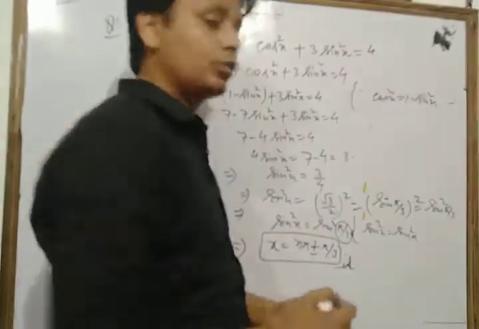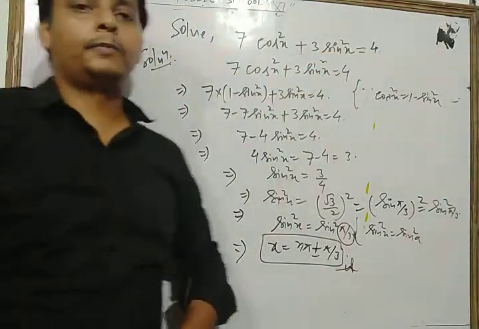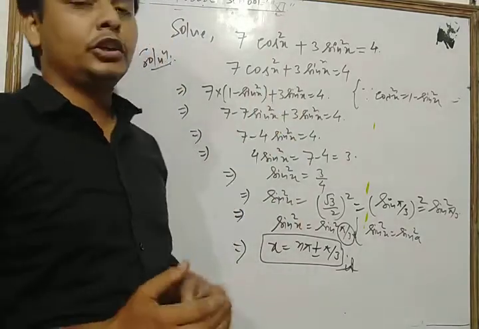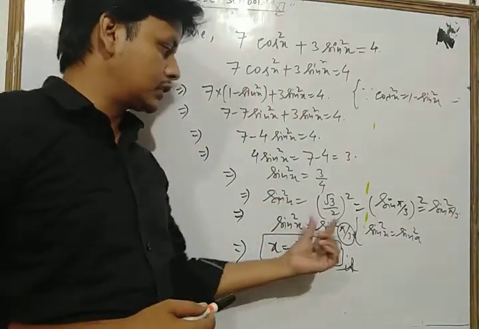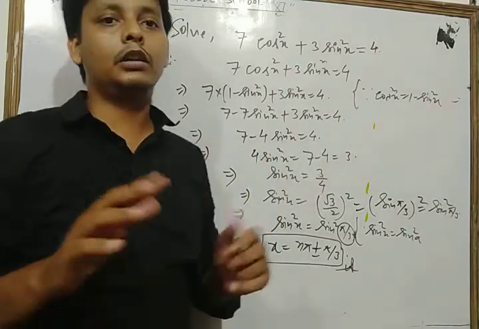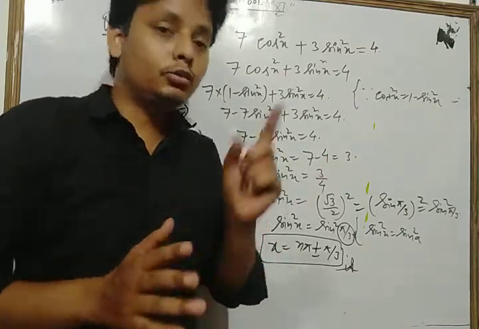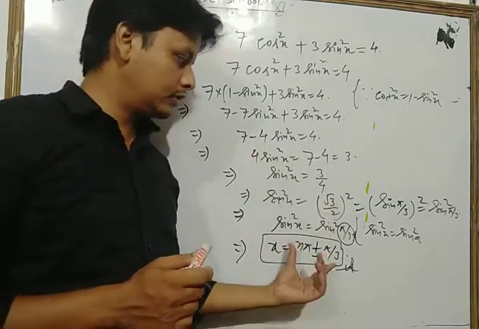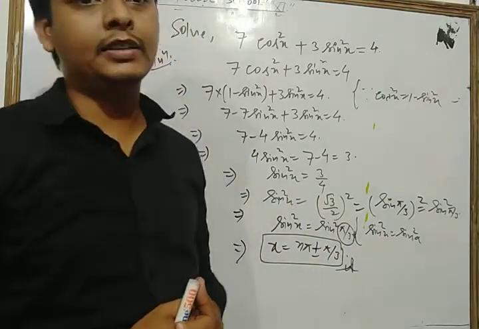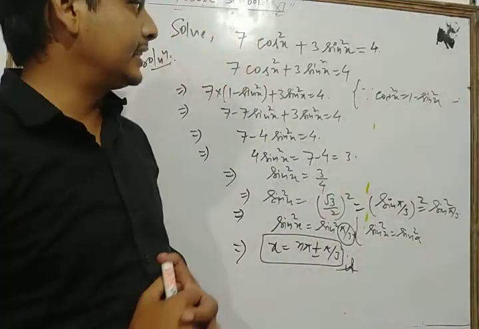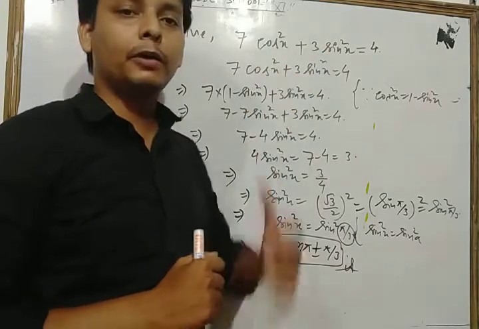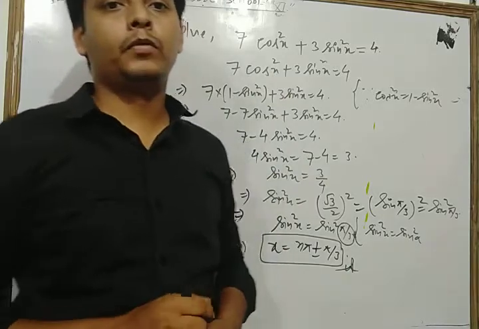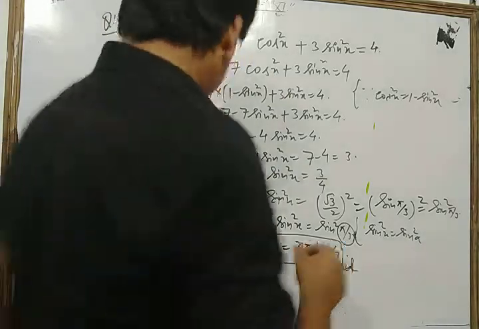This is your answer. So dear students, in this method we can solve all trigonometric equations of the form sin square x is equal to sin square alpha. First we convert all the trigonometric equation into the same trigonometric function. After that we apply the identity, and hence we get our result. So dear students, now you can solve your NCERT exercise questions based on that type. Okay, now we take some other questions of your NCERT exercise. Let's see.